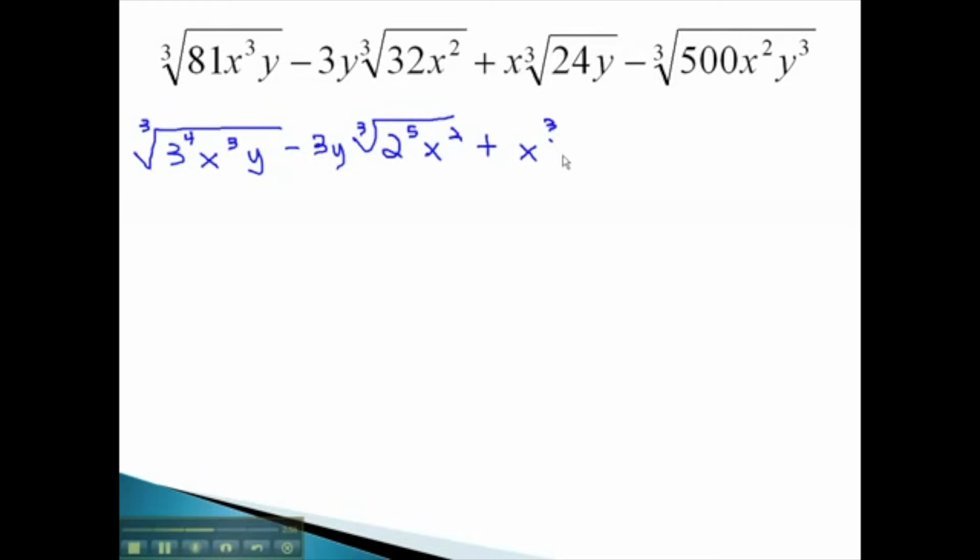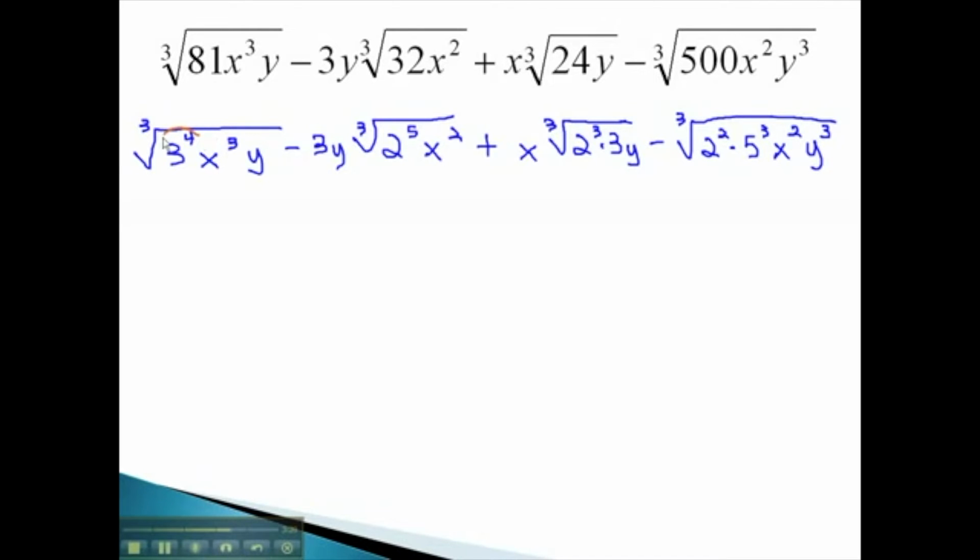plus x times the cube root of 24y. 24's prime factorization is 2 cubed times 3, y, minus the cube root of 500. Finding its prime factorization by dividing out all the prime factors gives us 2 squared times 5 cubed, with x squared, y cubed. We can now go back and simplify by dividing all the exponents by the index and leaving any remainders behind